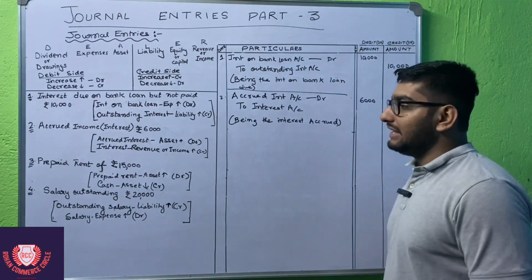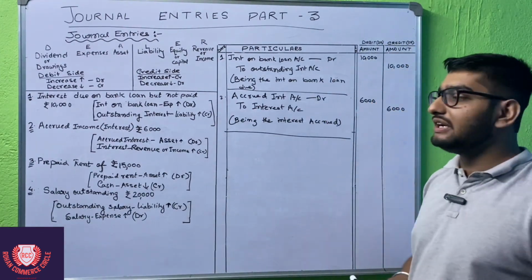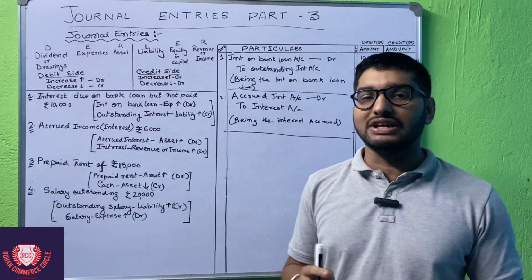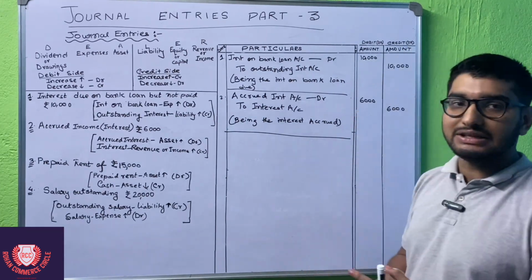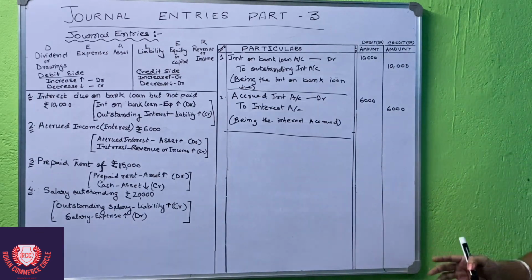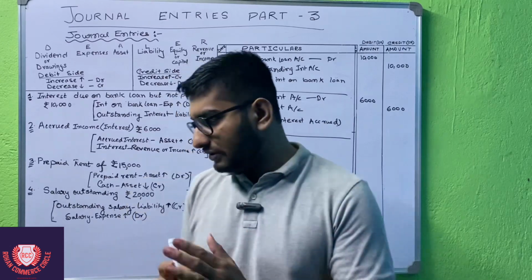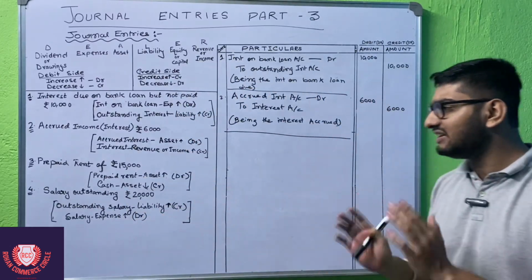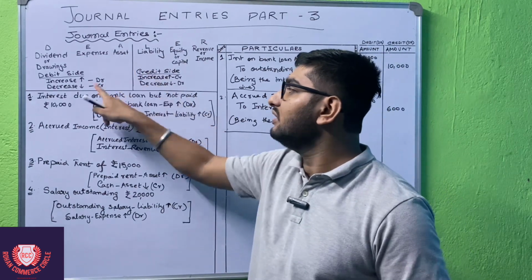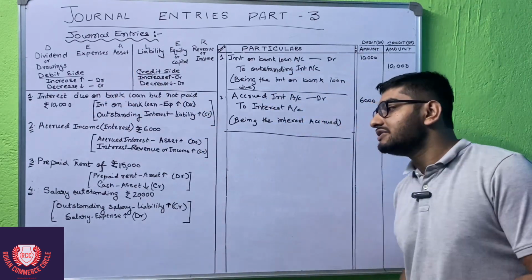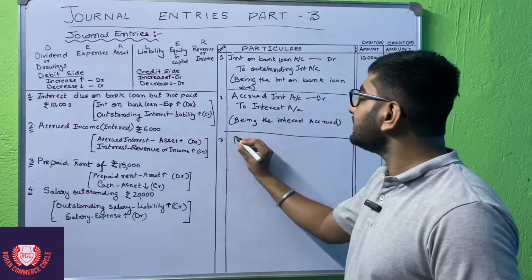Okay, the next one is prepaid rent. What prepaid means, I have already told you. Prepaid means we have already paid the rent. So this prepaid rent is an asset for us, right, students? As the asset increases, what do we do? We debit it. So prepaid rent account debit,